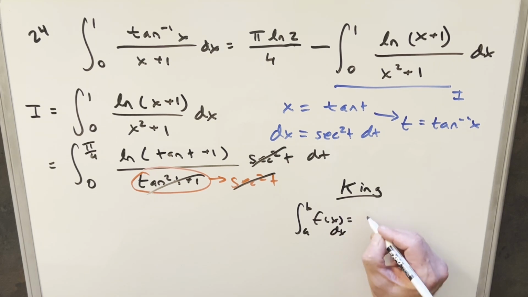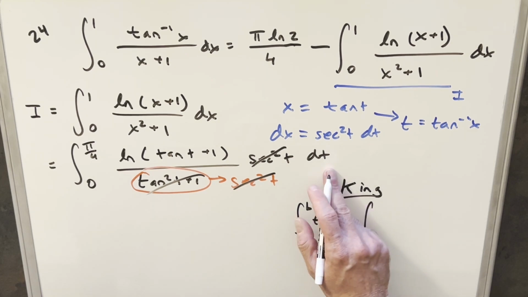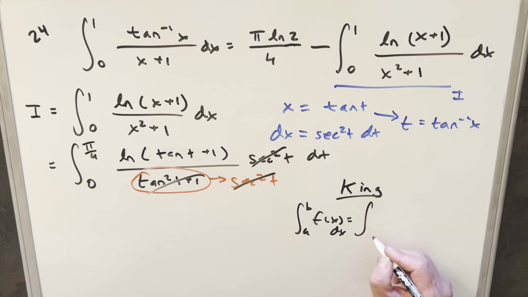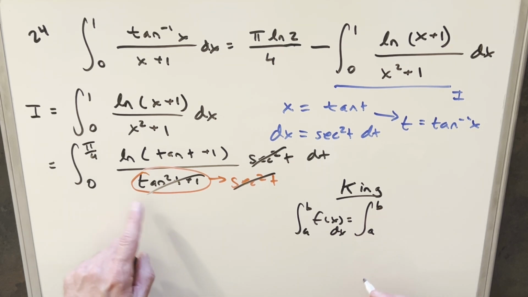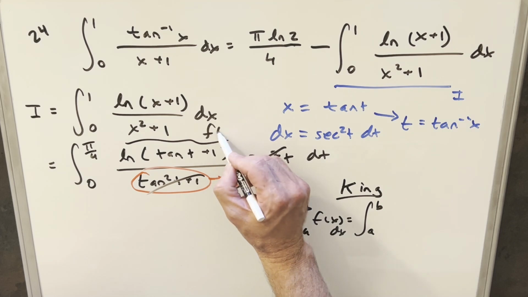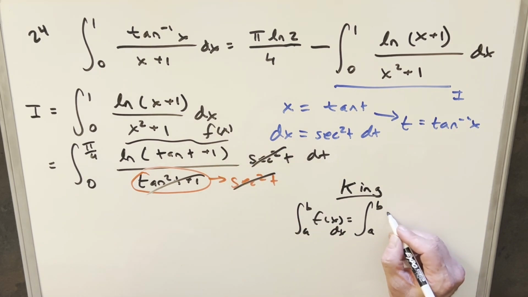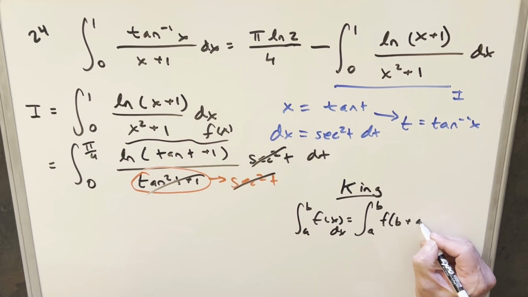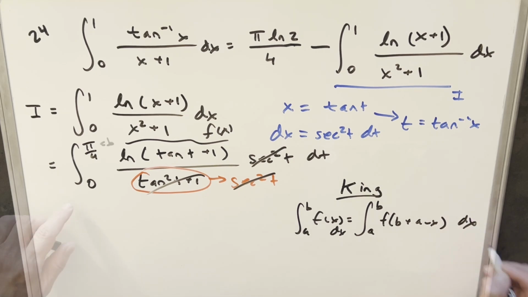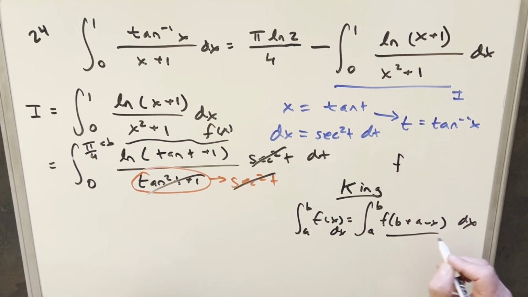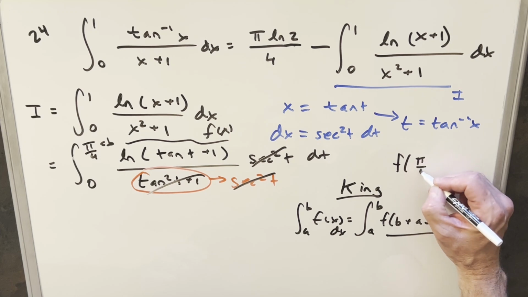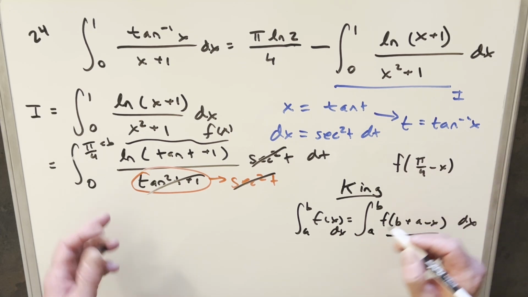Of course there's a dx there, and although we almost canceled it out over there, anyway. So then for King's principle, if we have this integral, f of x being this right here, we can transform this into f of b plus a minus x. Our a value is going to be 0, b value pi over 4, so what we're going to need here is f of pi over 4 minus x, or in this case, it's going to be